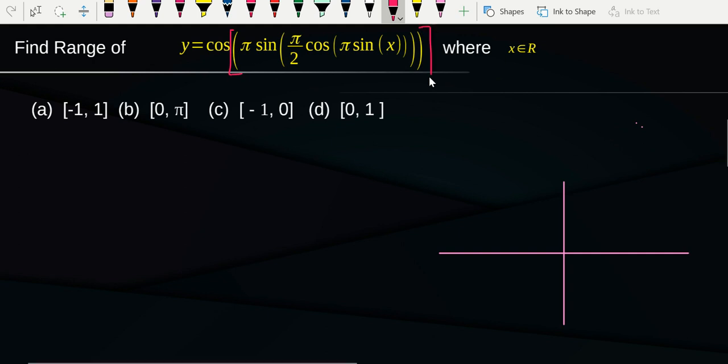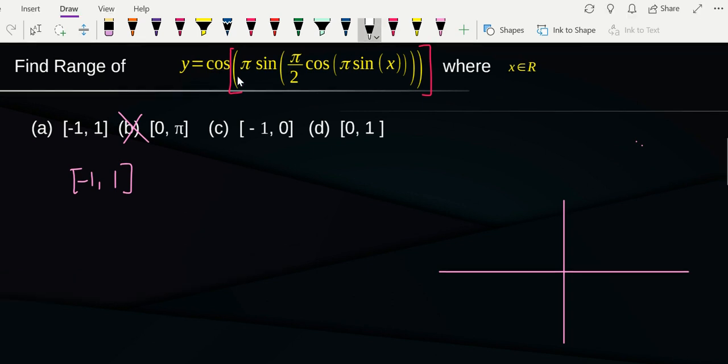And what do we know about the range of a cosine function? That it always lies between this interval. So that's for sure, so we straight away cancel off the second option. What next? If we carefully look at this, which is the known function to us? This. What do I know about the range of that? We know that sine x lies between -1 and +1.